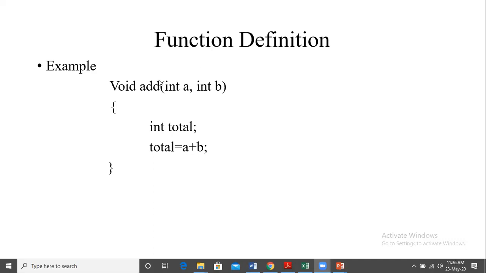Some functions we need not return at all. We can print the answer here itself, total, and that will complete the task of the function. In some applications, we may need to return the value so that in main it can be used. I hope I have cleared your doubt. Yes, okay. So we'll continue.